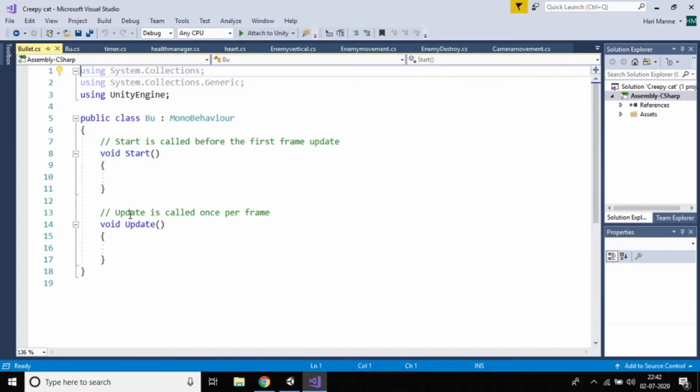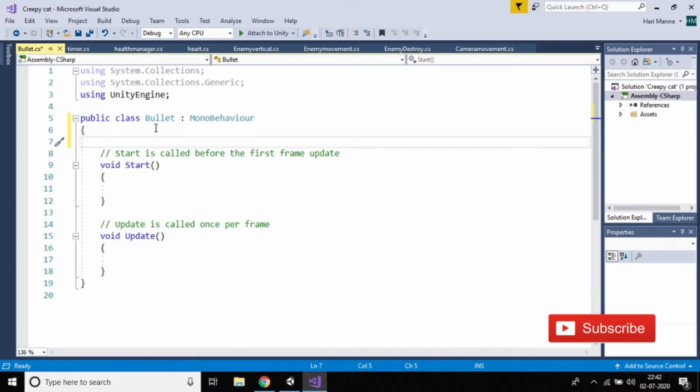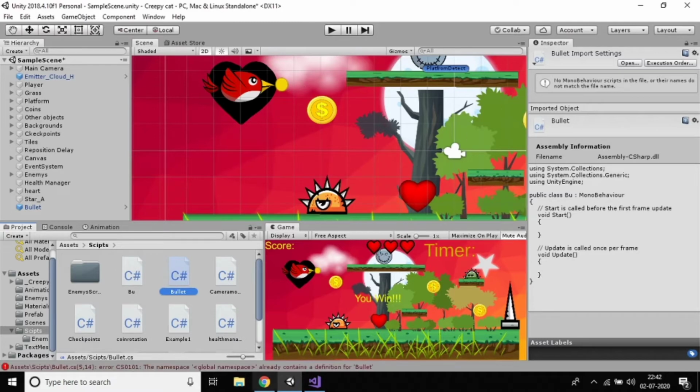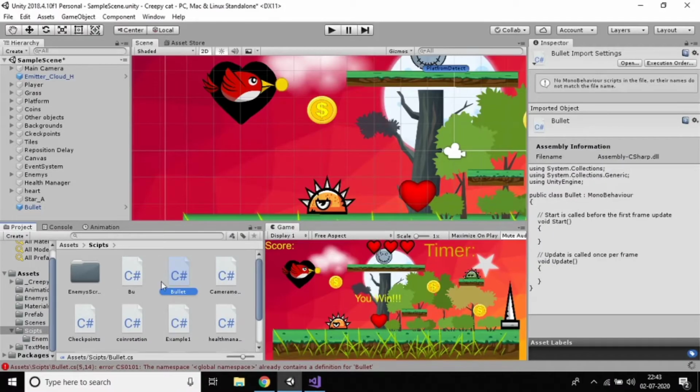So now our bullet has to move, right? We need to take two things here. It should move with a velocity of 5. That means the bullet should move to the right side. First of all, we are working with the right side. So my task is that the bullet should move to the right. Just go here and it's getting an error, right? I don't know why it's happening, so I just want to delete this script.